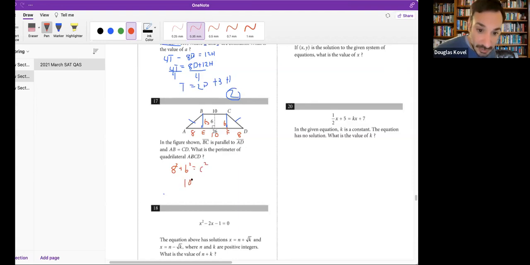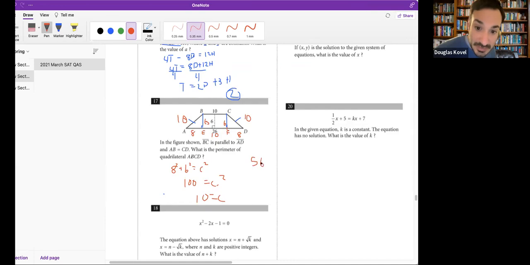So I would end up with 100 is equal to c squared. And then 10 is equal to c. So AB and CD are each equal to 10. So the perimeter is just all four sides added together. So that's just 10 for AB, plus 10 for BC, plus 10 for CD, plus 26 for AD, which altogether